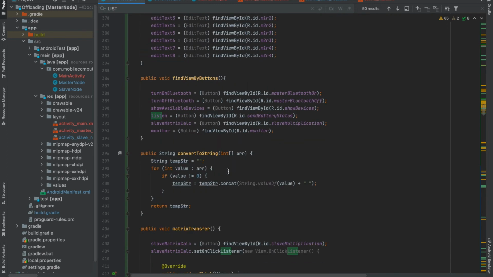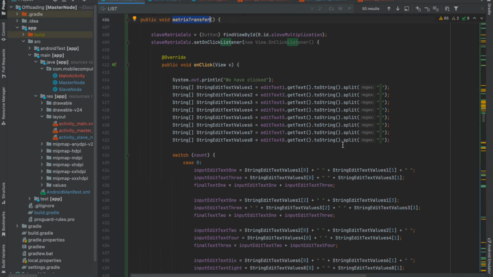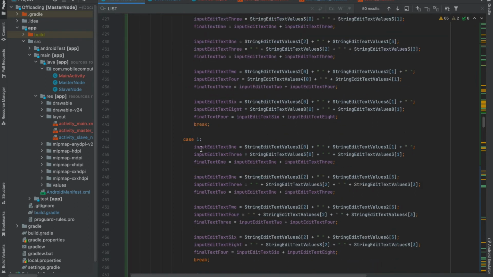This is a matrix transfer method. This is also one of the important methods of this master node. It basically divides the matrix into multiple matrices and sends them to various numbers of nodes. So it works on a switch case, and the count is the number of slaves connected. If the count is 0, we calculate it completely on the master, and if the count is 1,